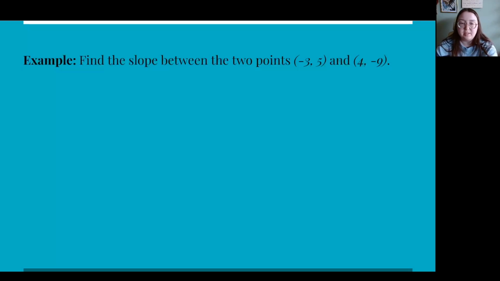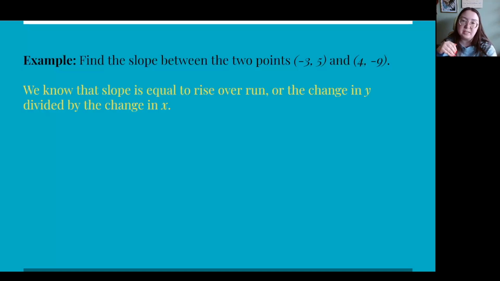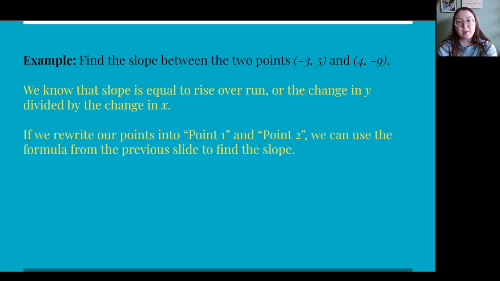So since we have these 2 points here, we want to make one of them point 1 and one of them point 2. We know that slope is equal to rise over run, or the change in y divided by change in x. By making (-3, 5) point 1 and (4, -9) point 2, we can attribute our values of x1, y1 and x2, y2 to our points in order to calculate rise over run, or change in y divided by change in x. So if we rewrite our points into point 1 and point 2, we can use the formula from our previous